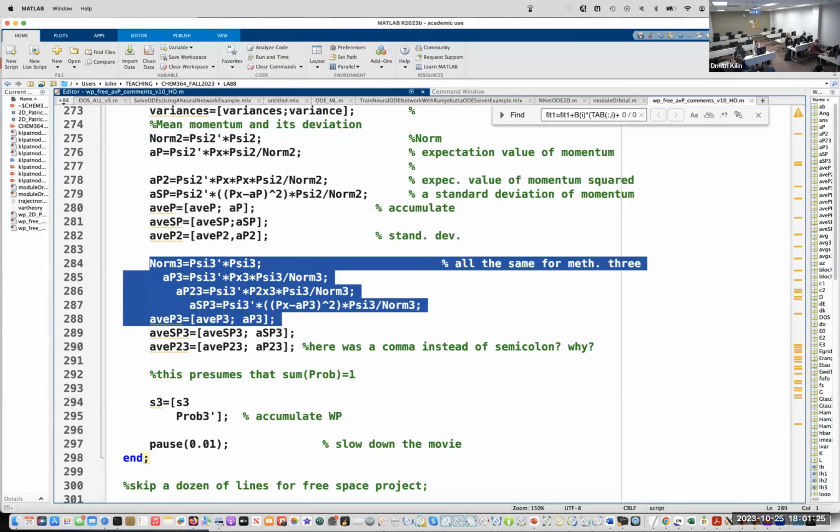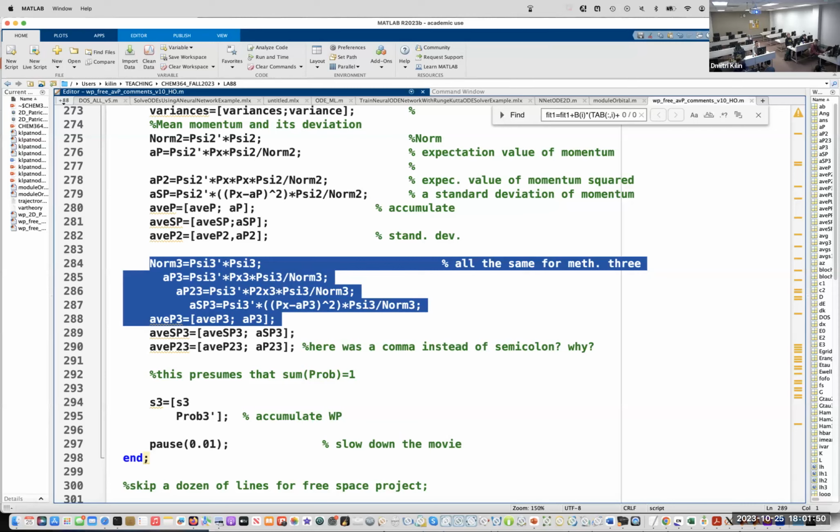If I do have doubt that my partner gave me a good wave function, but I do not want to fail in my task, I can divide this stuff by normalization, which is integral psi star times psi dx. If wave function is properly normalized, it is not needed, but who knows?